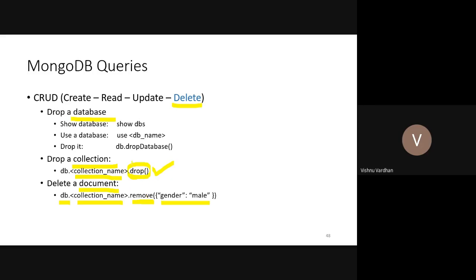They are separate. And in some cases where you want to remove the entire database, you may be having some 10 collections, and in those 10 collections some 10,000 documents are there. That entire thing you want to remove, then a single approach is to simply drop the database by calling this method, drop database. This is the db which is currently in use, then you call db.dropDatabase. Accordingly, the database is going to be removed.